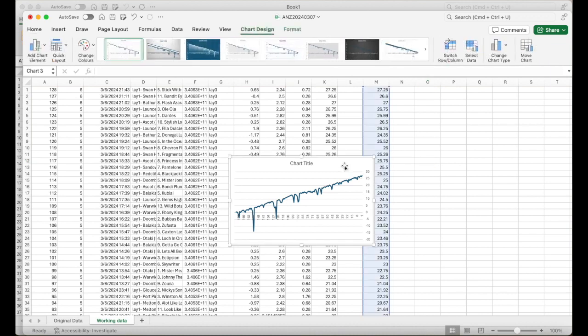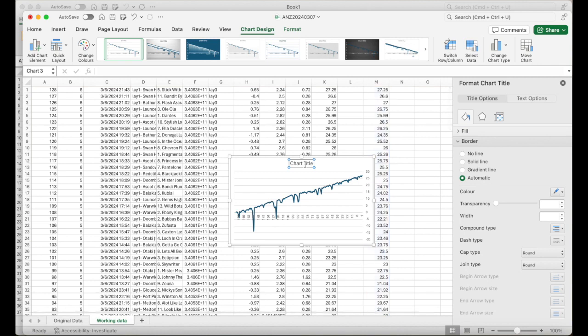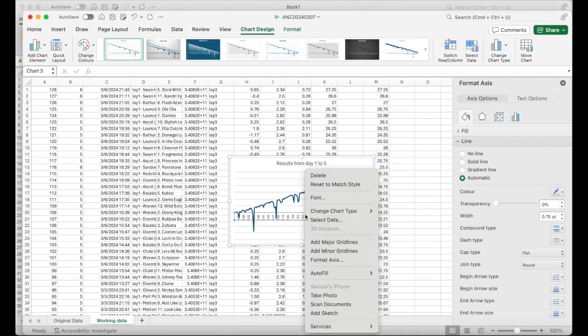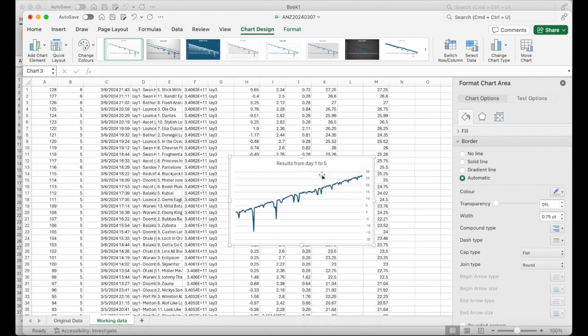So you might want to do some other things with this chart. You might want to give it a title. Results from day 1 to 5, maybe. You might not want this line of meaningless numbers down here, so delete it. You might want to